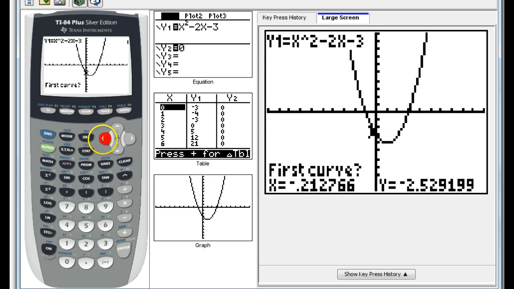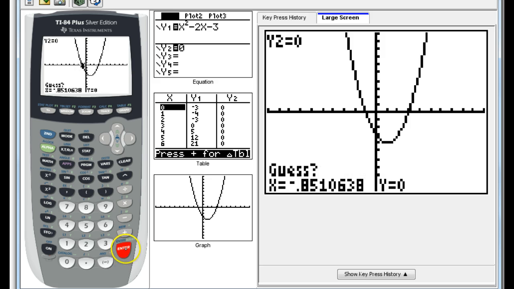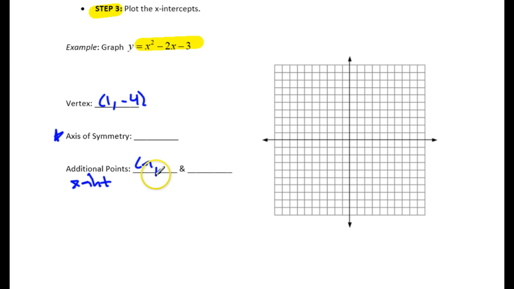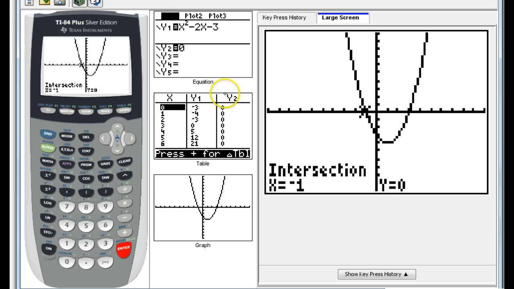Alright, so remember, just move it close to the first intercept, somewhere around here. Remember, just enter, enter, enter. So the first x-intercept is right here at negative 1, 0. Alright, so the first one is negative 1, 0. Okay, and then remember there's 2 answers because it crossed at 2 places, so I got to do this again,